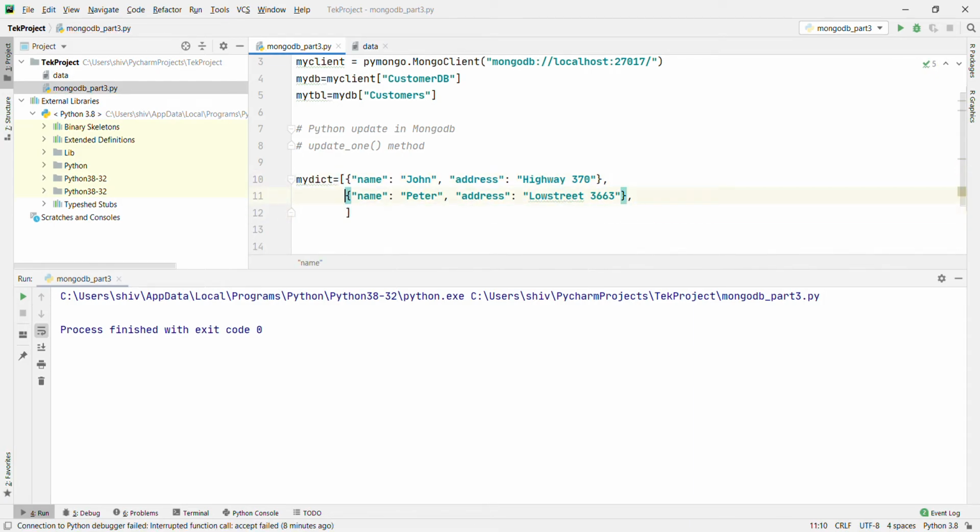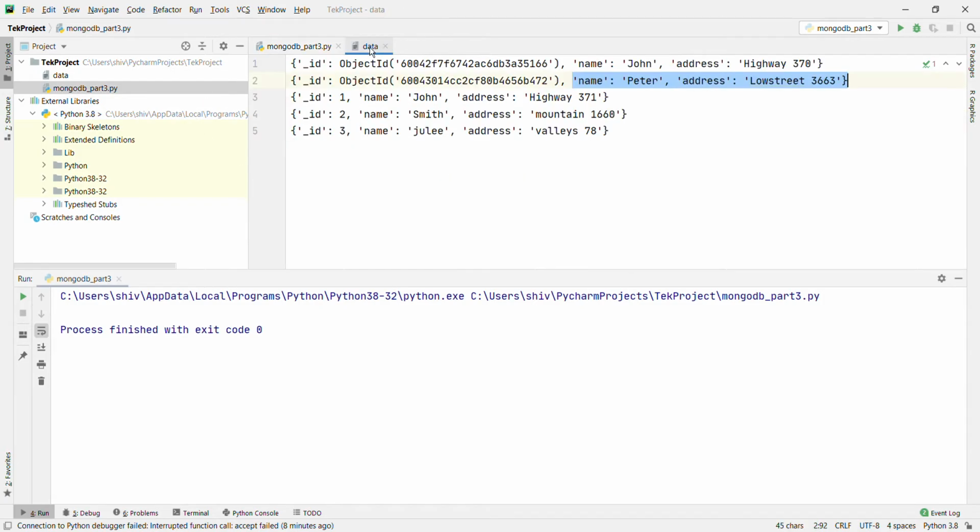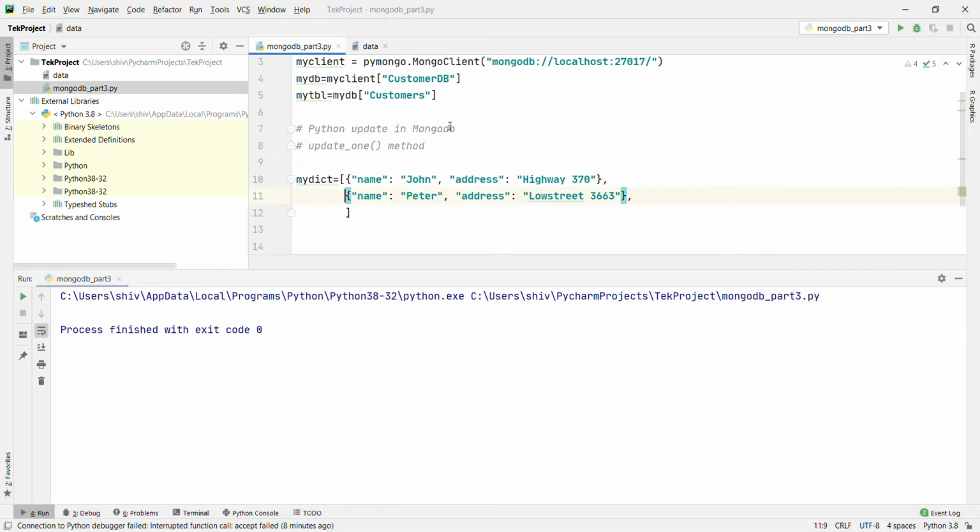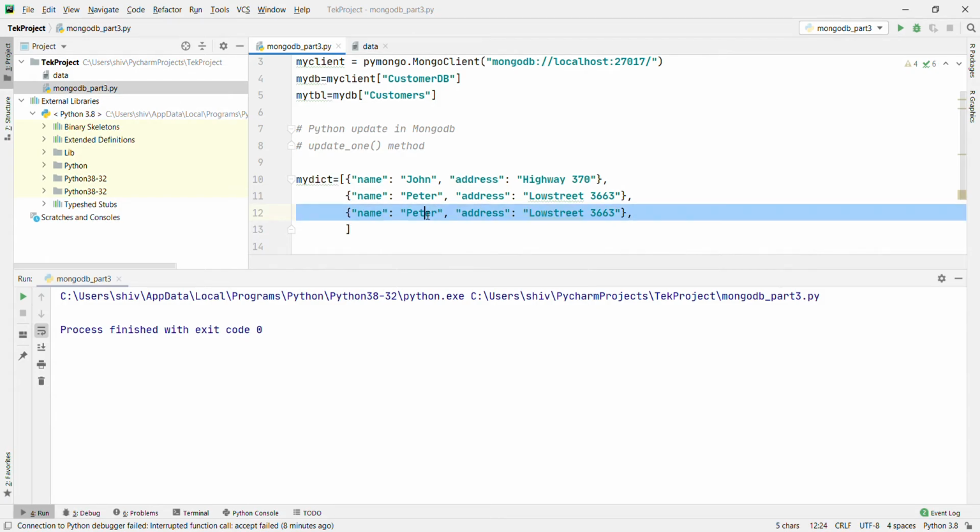Here also I'm going to add more records. Name. I'm going to copy this one. Name John Shino, address 1228.